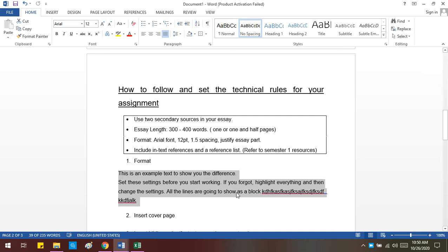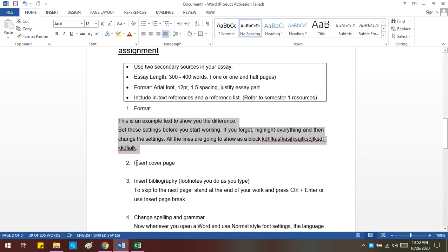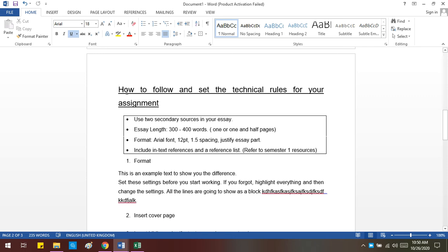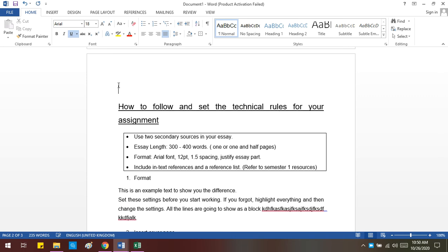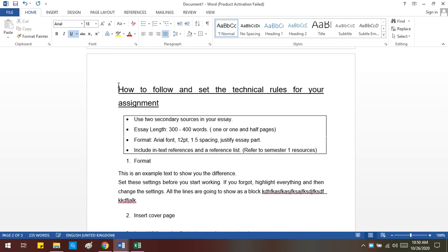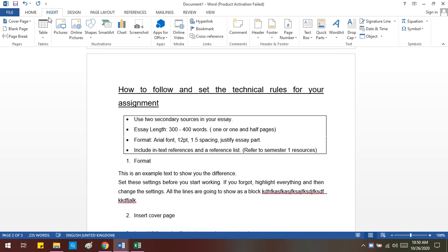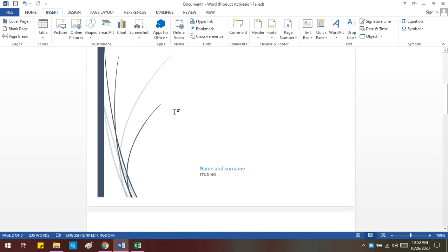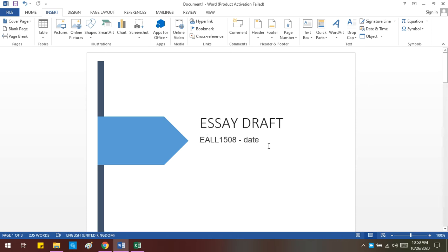Then moving on, we're going to look at how do you insert a cover page. So what you can do is you can stand in front here and copy your plagiarism declaration cover page from your study guide and paste it in there. Or if you do not want to do that, you can just say insert cover page, and then you can choose any one that you like. Okay, so I already did that. Then you can fill in all of your blocks,